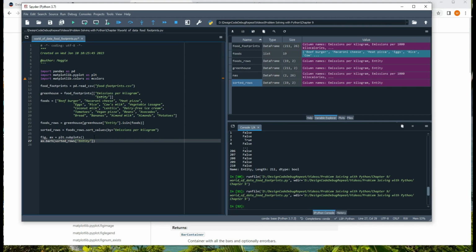sub entity, and for the x-axis, sorted rows, sub emissions per kilogram, and then color equals mcolors.TABLEAU_COLORS, which are fine for now, although I'm not sure they're good for color blindness as they contain red and green. And when I run that